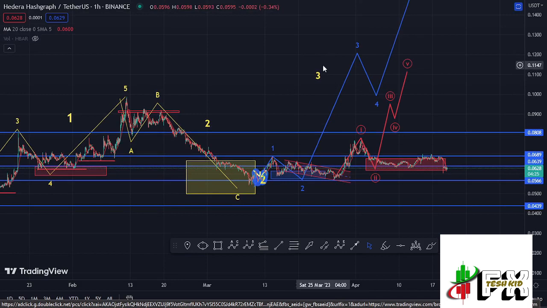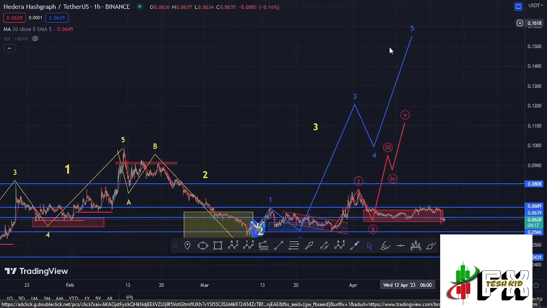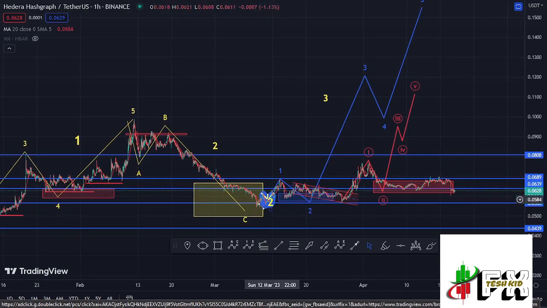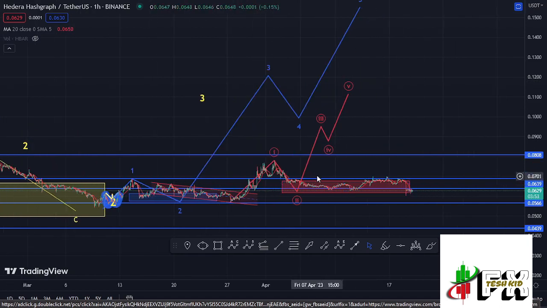And in the formation of this wave 3, which is also impulsive, I'm also expecting to see a 5-wave structure in formation, having the wave 5 fully maximizing our minimum target areas, where you can see I have this Elliott wave structure in blue, where we have now peaked in that first wave, seen a corrective structure in this wave 2, and now my primary scenario is that whatever we are seeing is the formation of this wave 3. And in the formation of this wave 3, I'm also expecting to see a micro Elliott wave count, which is the Elliott wave structure right here in red, which has just given me the short-term scenarios. So that is what I'm expecting on the short-term scenarios and also on the long-term scenarios here on the Hbar